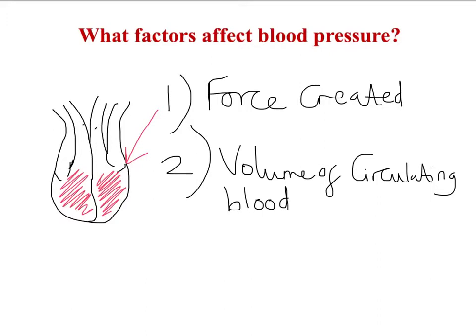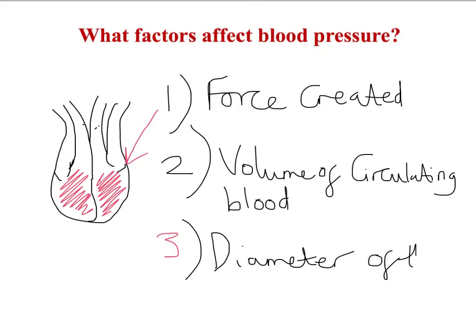So quite clearly, the third and final factor affecting blood pressure would be the diameter of the blood vessels. So the diameter of all of our blood vessels would be the third. Because quite clearly, if you think it through, if you have a massive force generated from the heart pushing lots of volume of blood through what could be a very narrow blood vessel, it's going to generate a significant amount